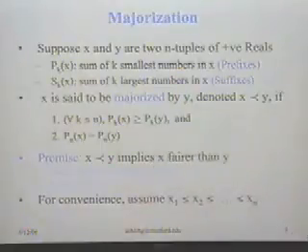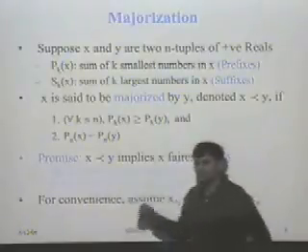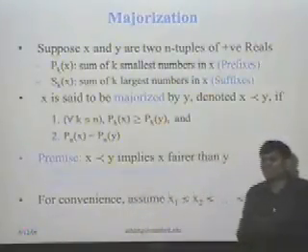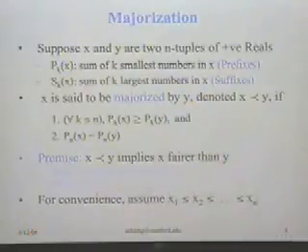Something about partial orders implies that whatever that definition. Wait, I don't understand. I thought this is just a definition. What does it mean that x is fairer than y? No, this was defined, this is what Lorenz said, right? It's like 1905. So Littlewood just introduced this partial order?